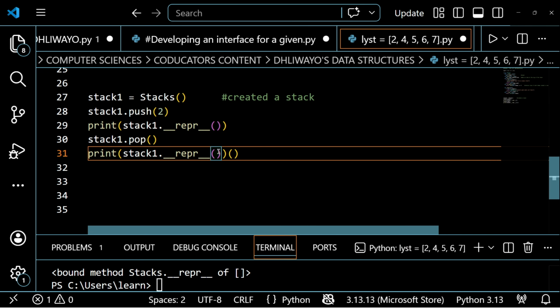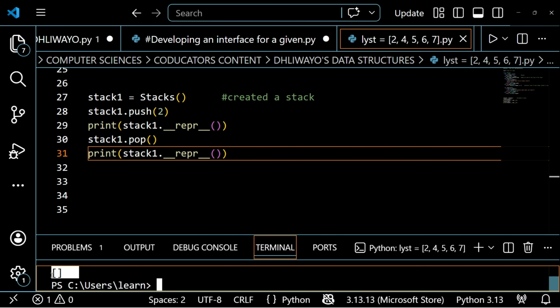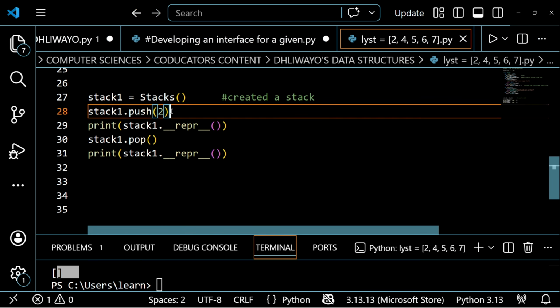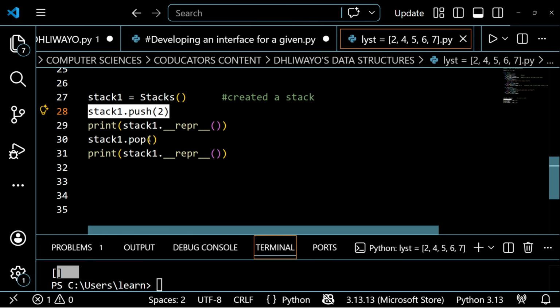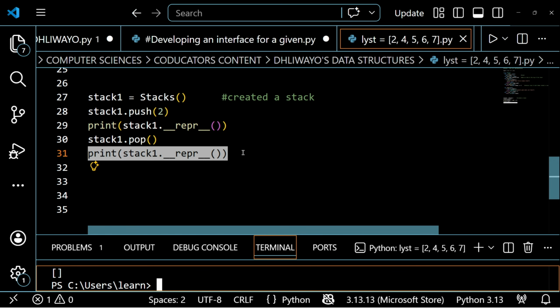Let me put my parentheses and then run the code. Now my stack 1 is an empty list again. I've pushed 2 on line 28, and on line 30 I've popped, so I've removed that item. So whenever I do stack 1.rep, this is going to give me an empty list, because I'm now removing the 2 again.